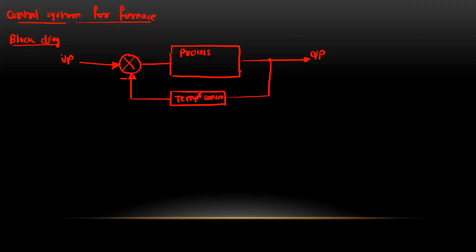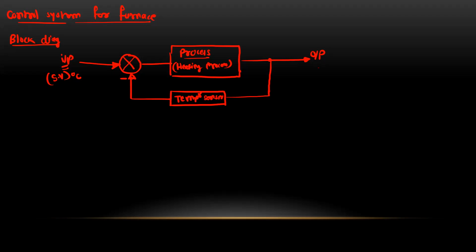So this is the simple block diagram for the temperature control process. So here the input is nothing but the desired value or the set value. Okay, so this is the SV, that is the set value of the temperature. Okay, so this will be in degrees Celsius or degrees Kelvin. Okay, so this set value is given to the controller or the process directly. Here process means the heating process. Okay, that means the current will flow through the heating coil and it will generate the temperature.